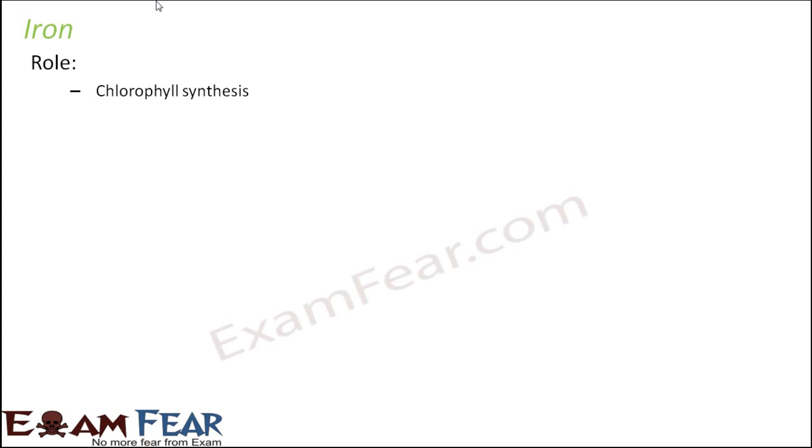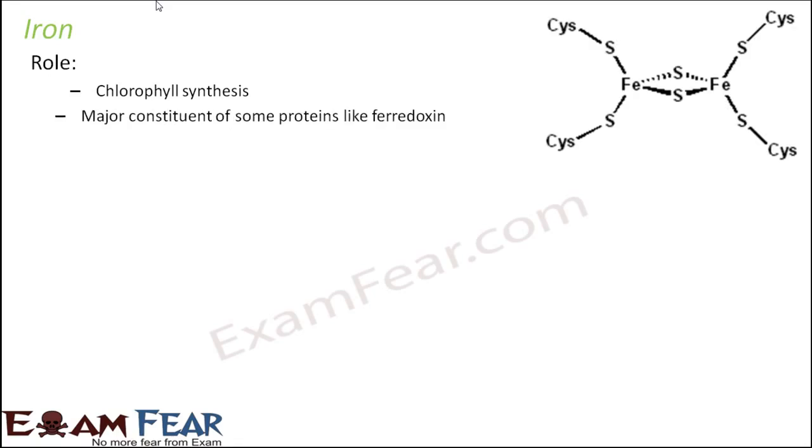So basically it acts as a catalyst in the process of preparation of chlorophyll, and chlorophyll again is important for the process of photosynthesis. Though iron is a micronutrient, that is, it is needed in small quantities, when compared to other micronutrients, it is needed in comparatively large amounts. I mean, not as much as macronutrients, but compared to other micronutrients, it is needed in larger amounts. So it is very essential for the young plant parts. That's because chlorophyll synthesis is significant for them.